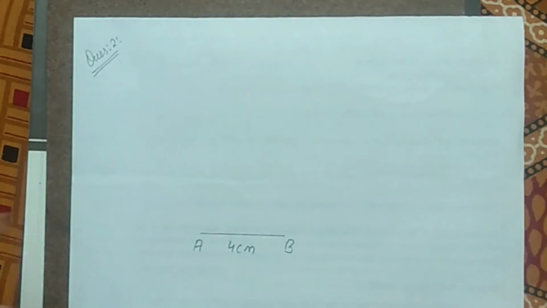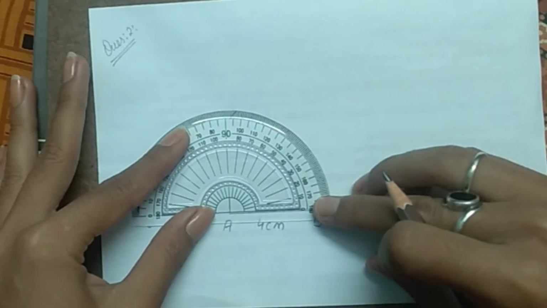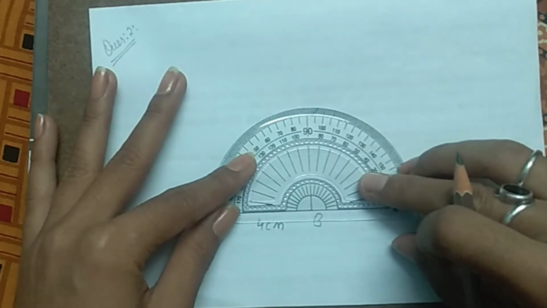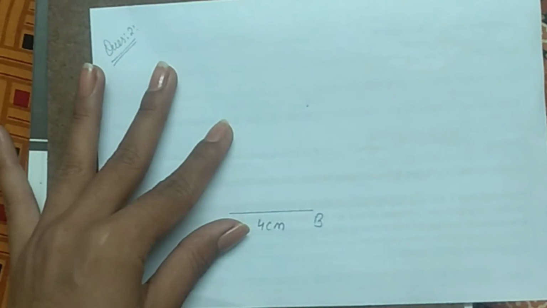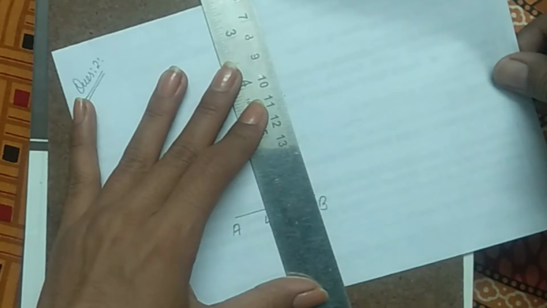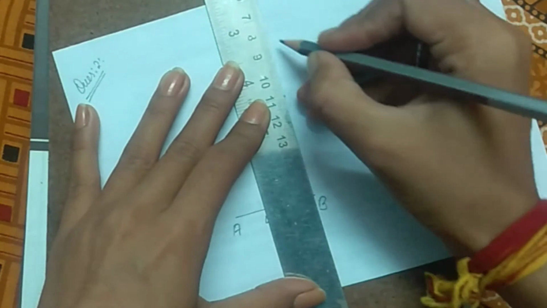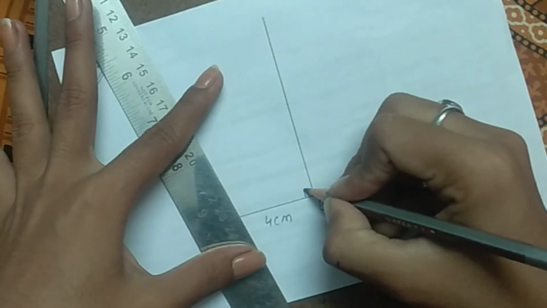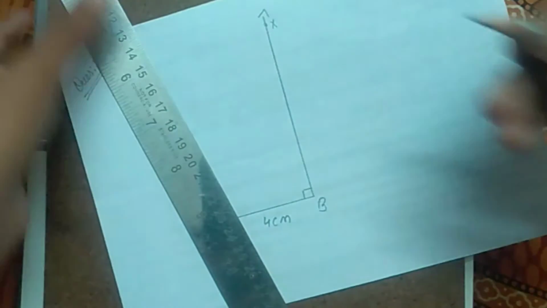Now let's make an angle of 90 degrees from A, or we can make it from B also. Let's make it from B. This is our point for the 90 degree angle. Now we join point B with this so that we have a 90 degree angle at vertex B. So this is our angle B of 90 degrees. Let's take this point as X.